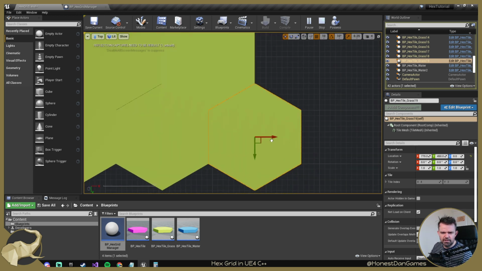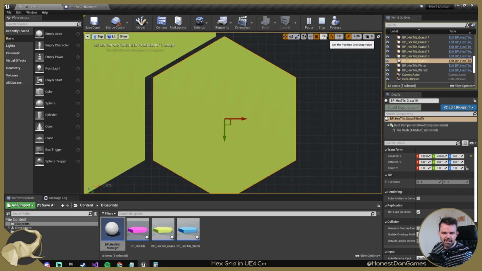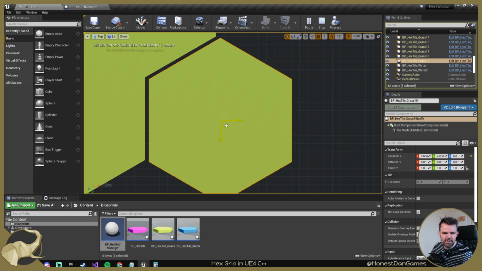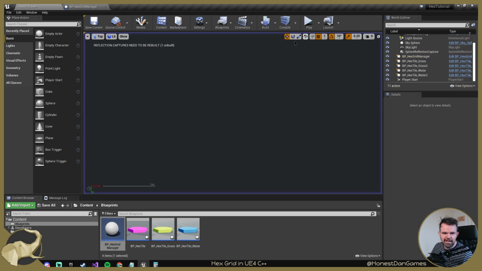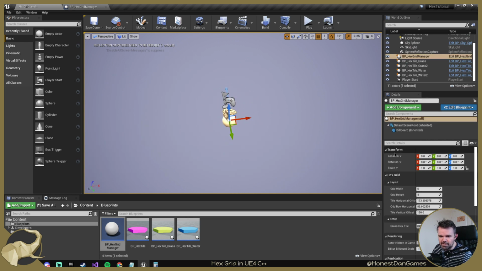If you want, you can always come into this view and just move things around and see, if you change this down to 1, for example, you can move it around to see how much of a gap you want, and work out how much you've moved it. But I'm just going to tweak some of the values we have. And this is why I wanted it to be edit anywhere. So I'll click on my manager, and we've got these values from before, right? So let's just go ahead and